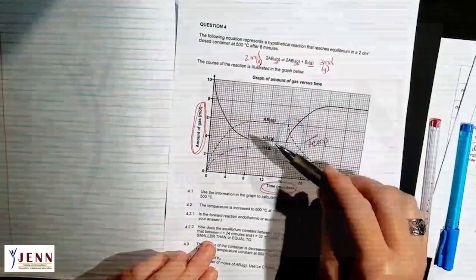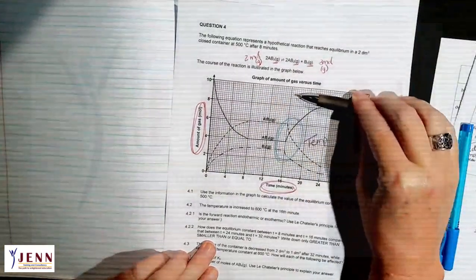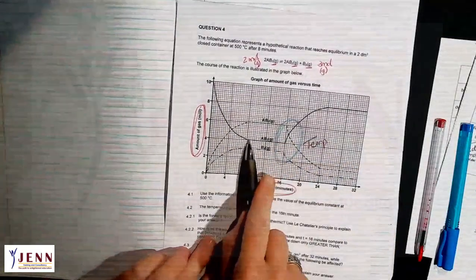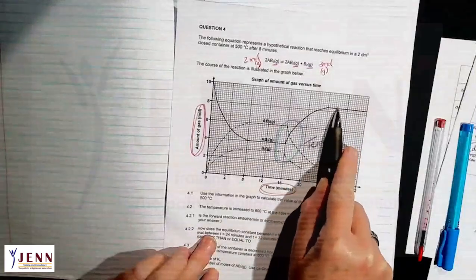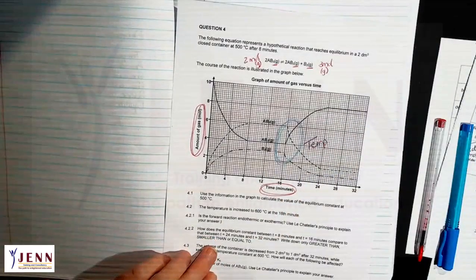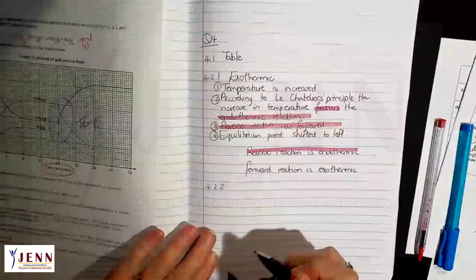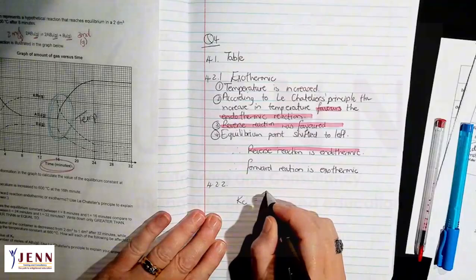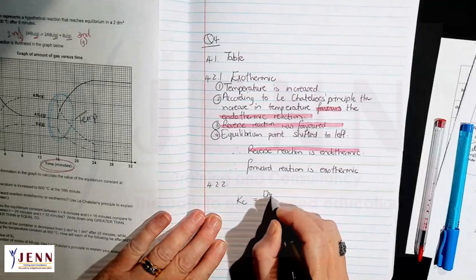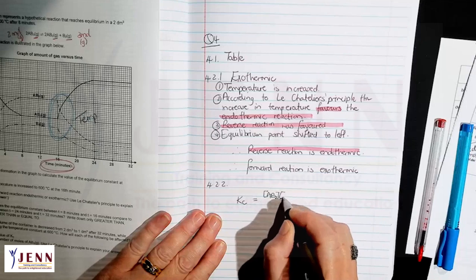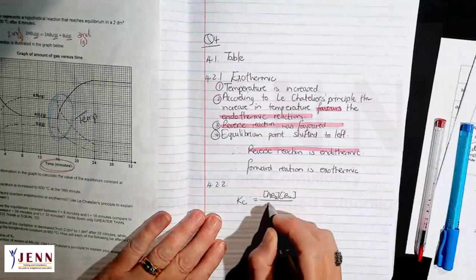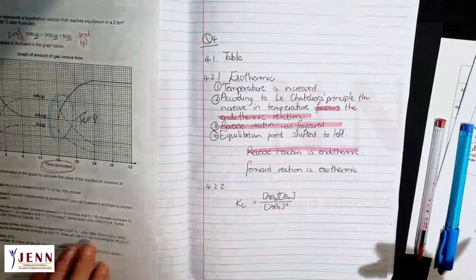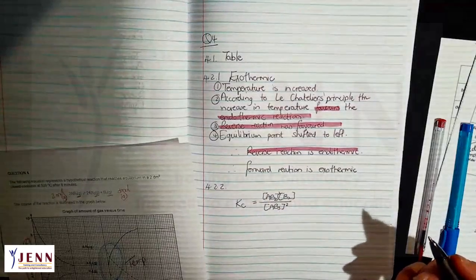So you can't say you're going to work from right to left, because they ask you, how does the equilibrium constant for this part compare to that part? Greater than, smaller than, or equal to? Okay, I don't know. So I'm going to look at Kc equals AB2 and B2 divided by AB3 squared. Okay, so there's my equilibrium constant.